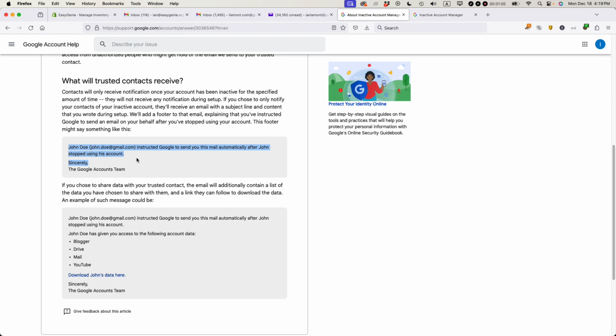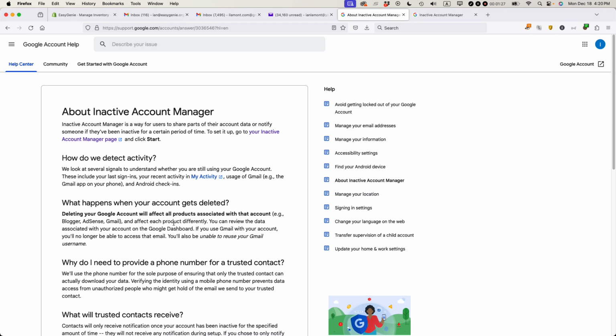And then you can basically set it up so your trusted contact can have access to things like Blogger or Drive, Google Mail, or your YouTube account. And you can see how important some of these services are. For instance, let's say you have important documents on Google Drive. Well, maybe you want your spouse or some other person to have access to that if you're incapacitated in some way. So the way that you set it up, you have to go to the Google Account Manager page and